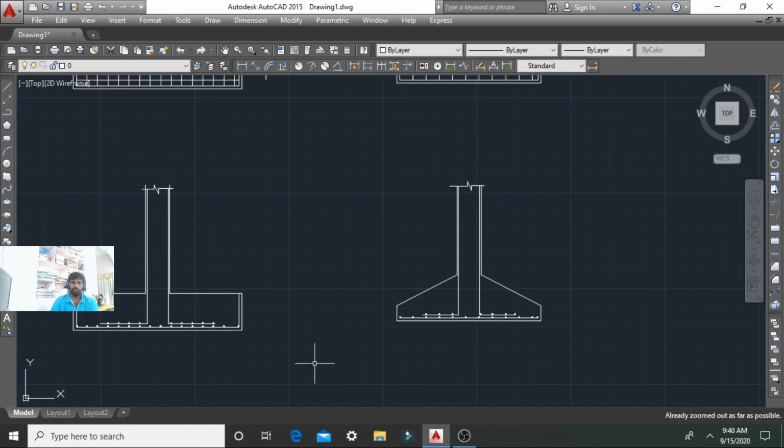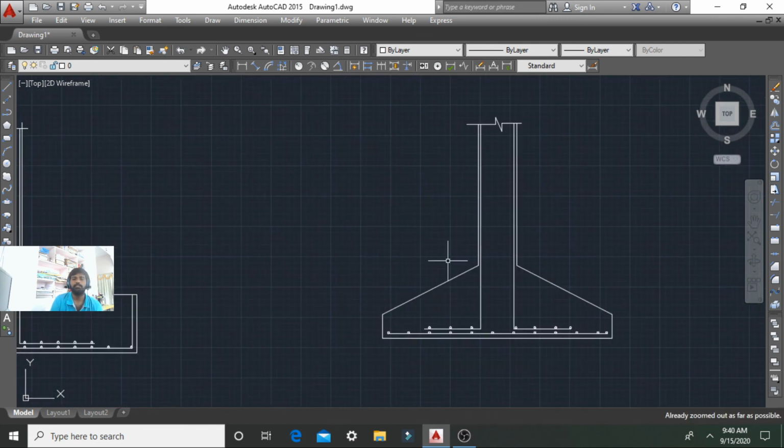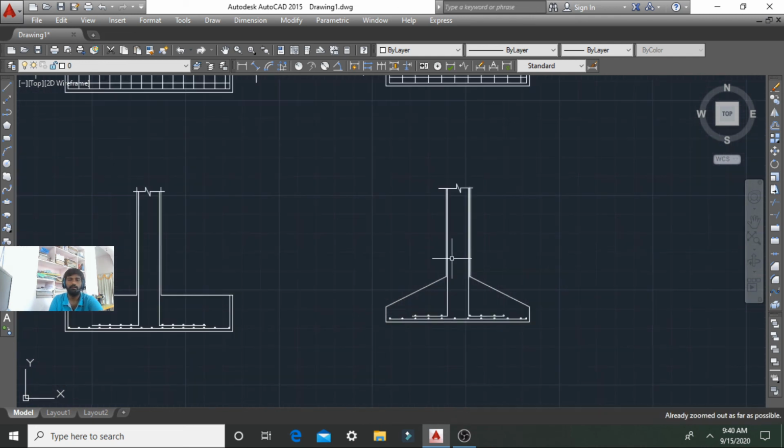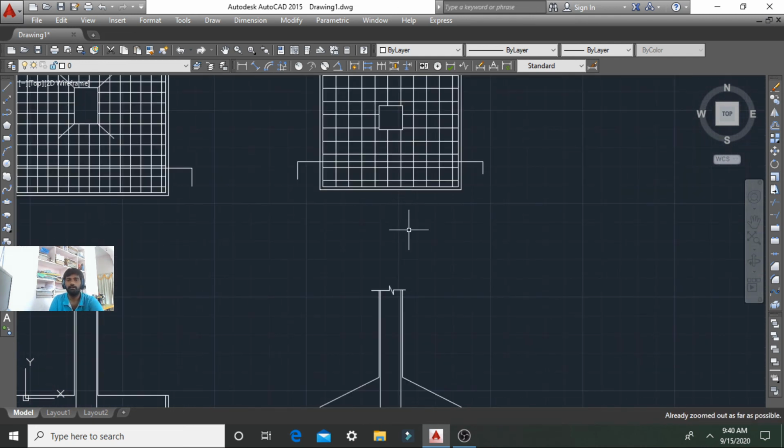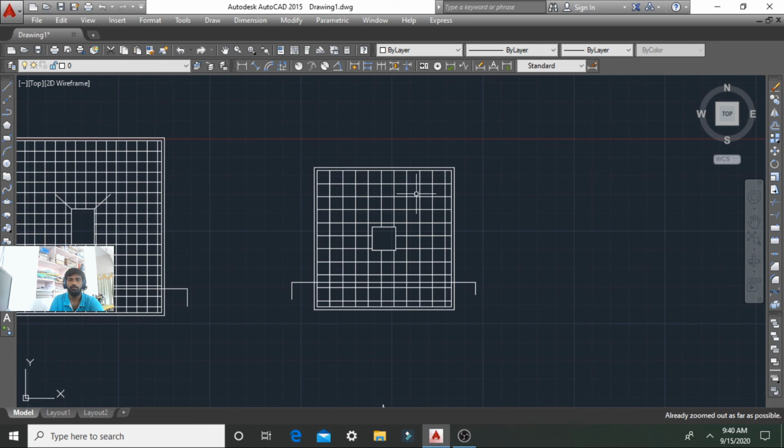So here we go, this is the rectangular and trapezoidal footing in plan and section view. And you can give the tabular form with a bar bending schedule.